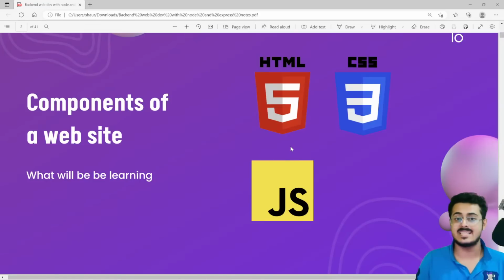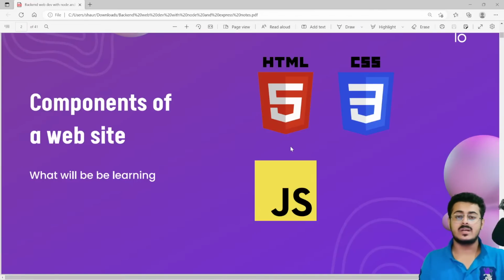It compiles them and showcases to you the browser that you are able to interact with. That is the major use of a browser, to be able to read these 3 files and show them to you in such a way that you are able to interact with the browser itself.